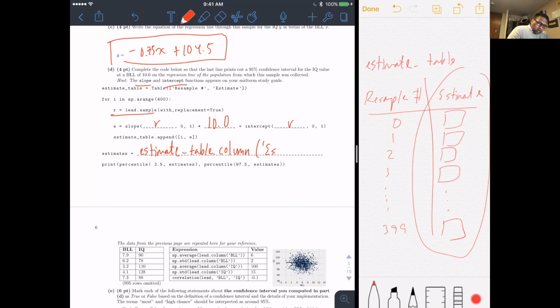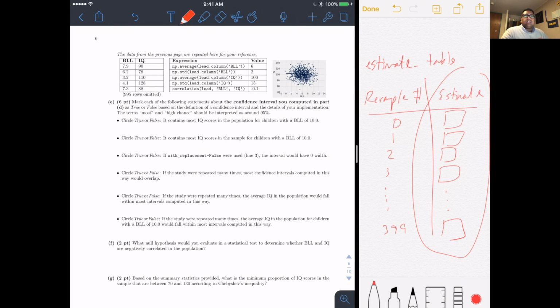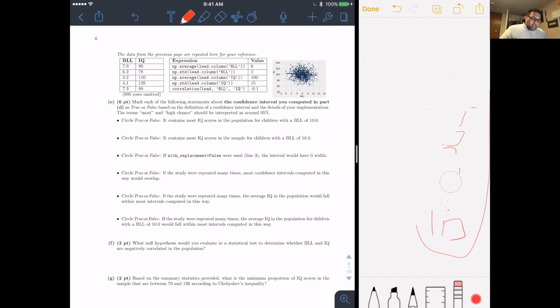We can do dot column 1 or dot column estimate. And we're good to go for part D. Now part D really tests our knowledge of confidence intervals. So some of these are very tricky. So make sure you know your confidence intervals and their definitions very well before trying to attempt this kind of